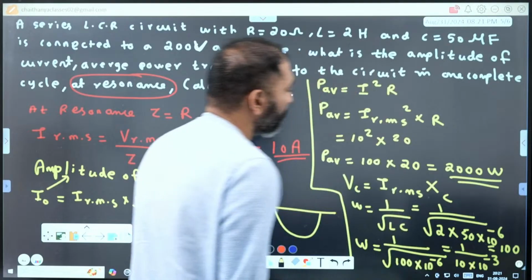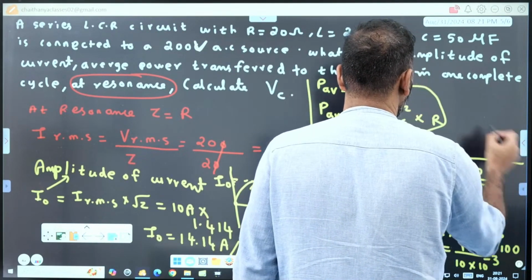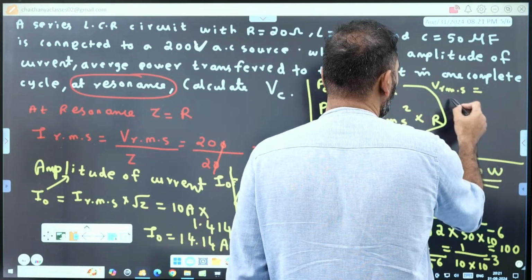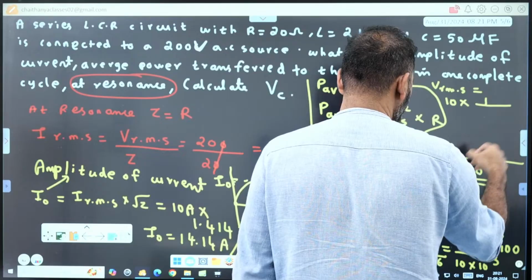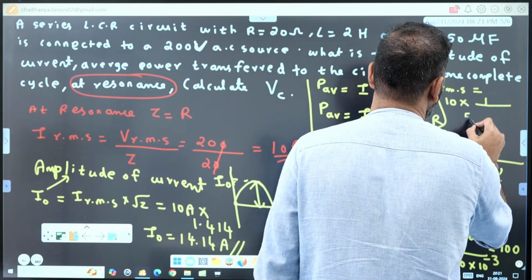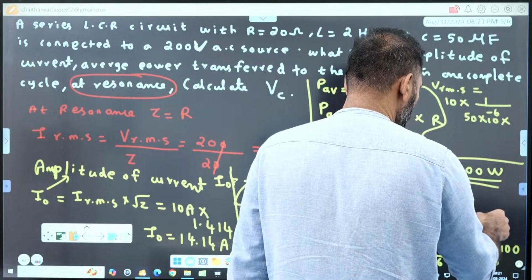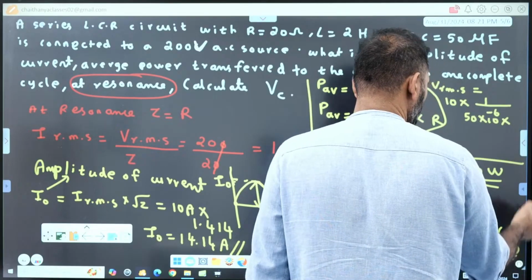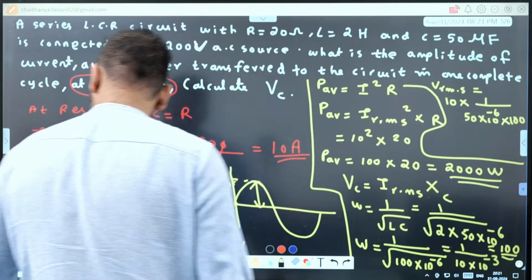If omega is 100, what is VRMS? VRMS is equal to IRMS times XC. We already know IRMS is 10. What is XC? 1 by C omega. What is capacitance? Capacitance is 50 into 10 raised to minus 6, into what is omega? Omega we got as 100, right? Into 100. So if you solve that, VRMS will be,